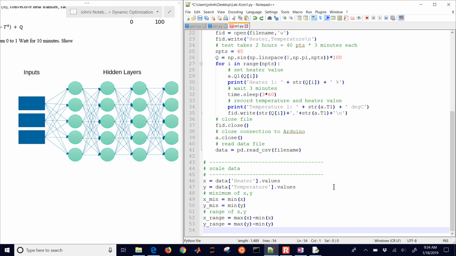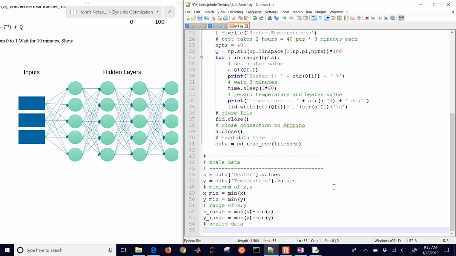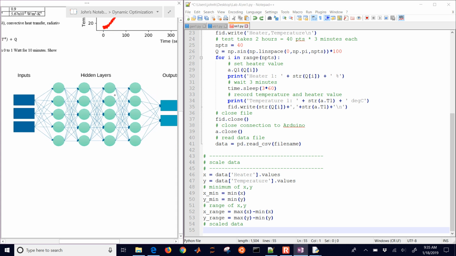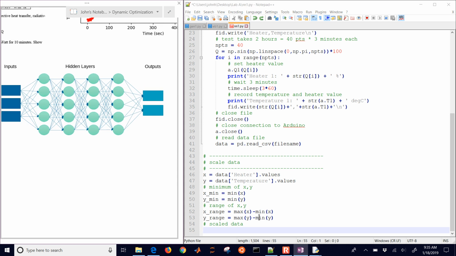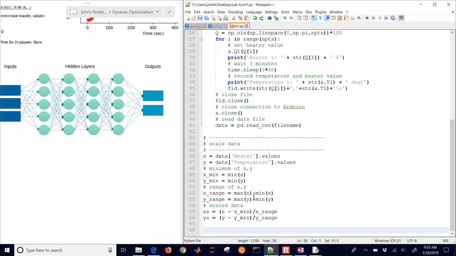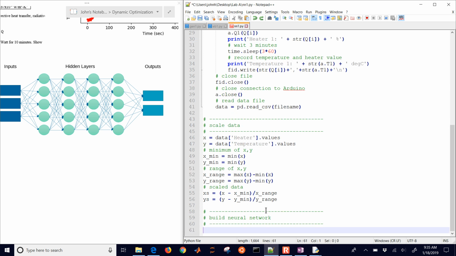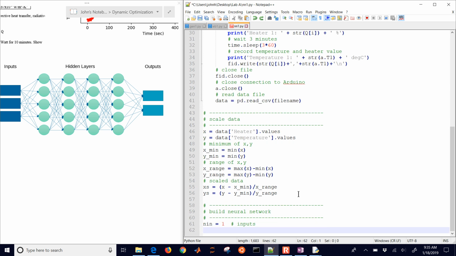So it's important, as a first step, to scale all of your values between 0 and 1 for neural network fitting. Okay, we're going to then do we have our range and our minimum, and so we're just going to scale the data. So XS and YS, those are going to be between 0 and 1 because we divided by the range and we subtracted the minimum. Okay, now we want to build the neural network model, and this is going to be